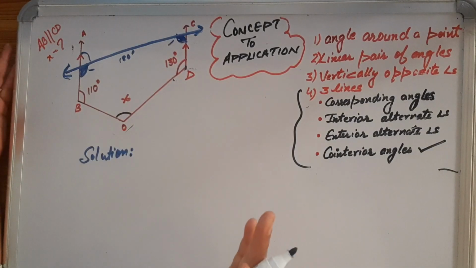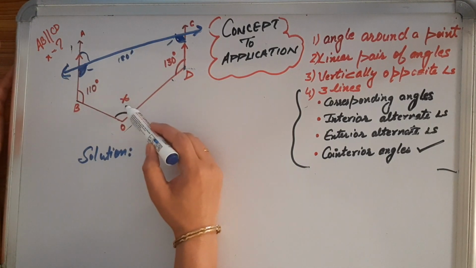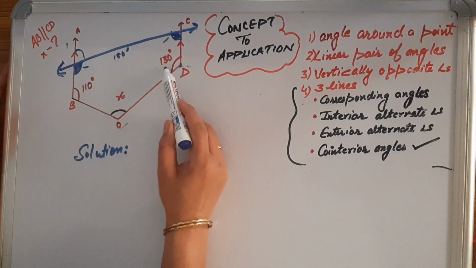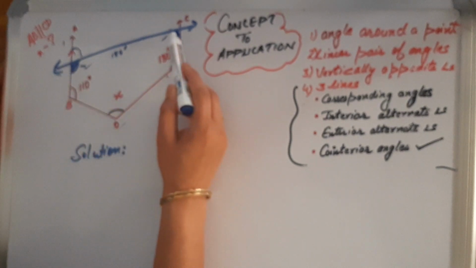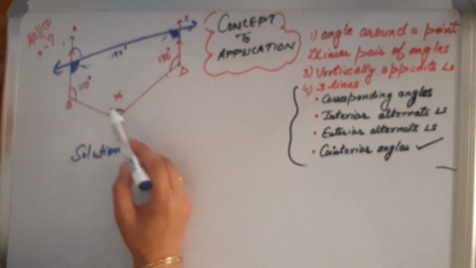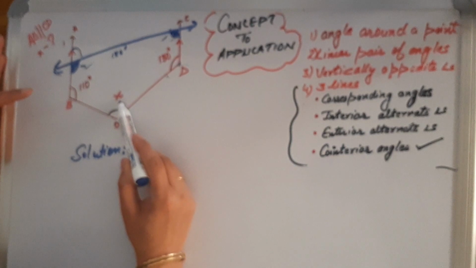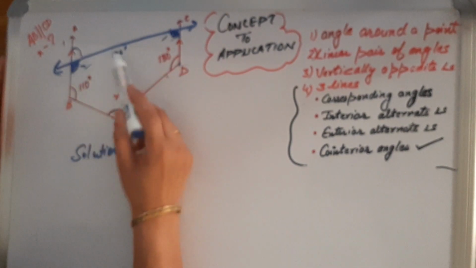I worked out in my mind that I can find out x, because this is known to me, this is known to me. They are not individually known, but their sum is known to me. I'm not individually interested in them. I'm interested in x. So in a pentagon, I know all the angles, and this is the only variable for me. Maybe I don't know about this, but the sum is known.